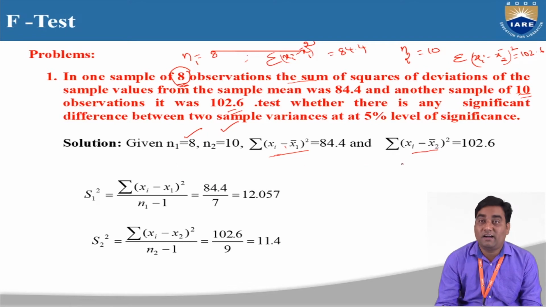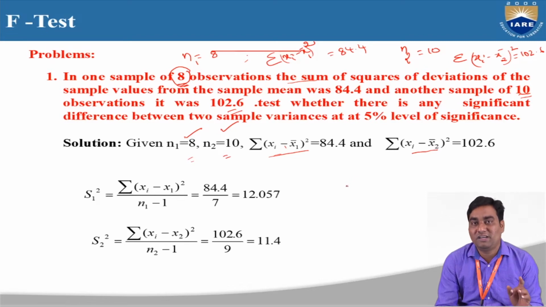According to this data, the first statement of the problem, which test is suitable, we are going to decide according to the data. How many samples are there? 2 samples are there. We are not going to use t-test for single mean, because if the problem consists of only one sample, we are going to use t-test for single mean.